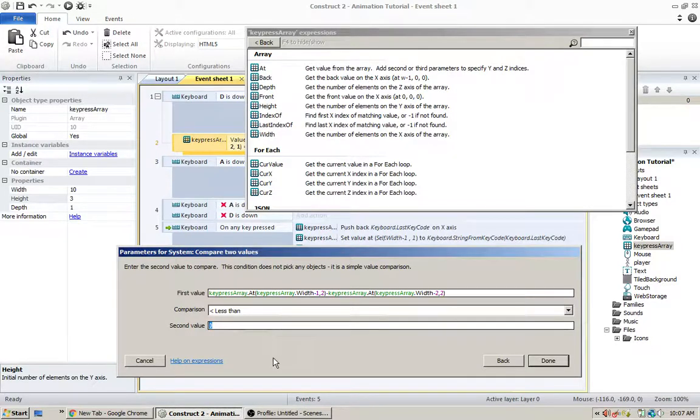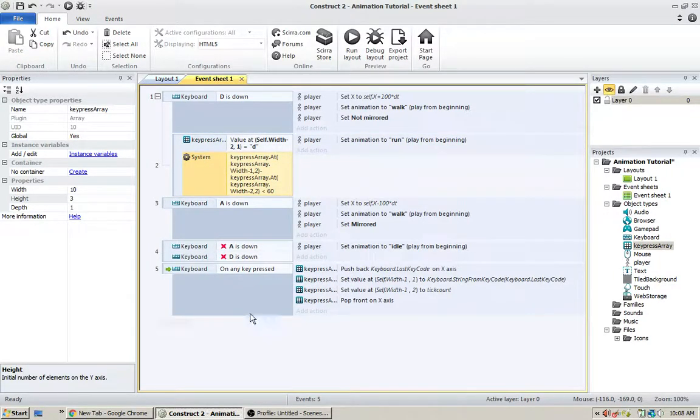So we only want it to fire when the key presses are pressed really quickly. So in this case, maybe we could try, I don't know, less than 60. So if it's less than a second, assuming that the FPS is 60,